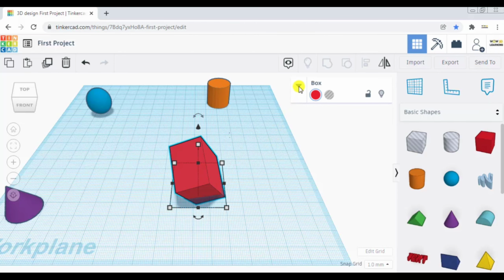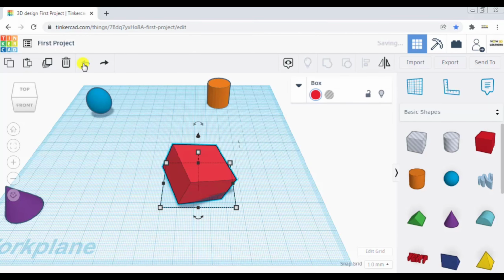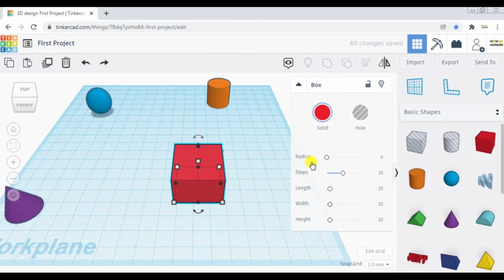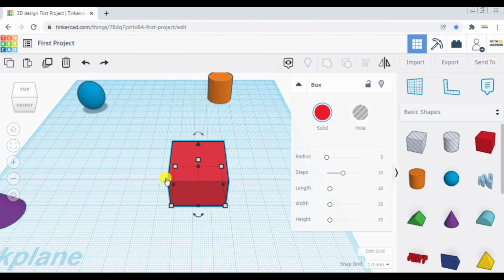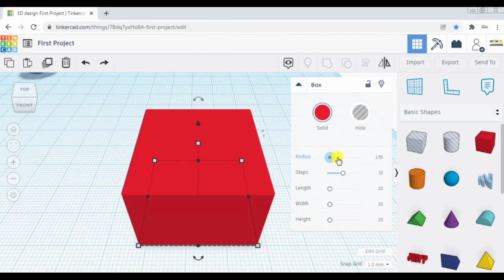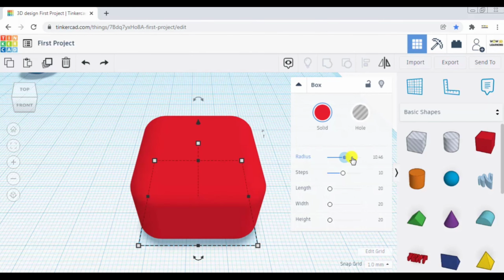Let me orient the box to its original shape onto the work plane. Now if I open this box, you can see there is radius. Let me make it fit view. Now if I increase the radius, you can see what is happening. The pointed edges of the box has been